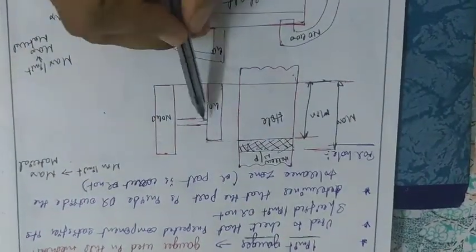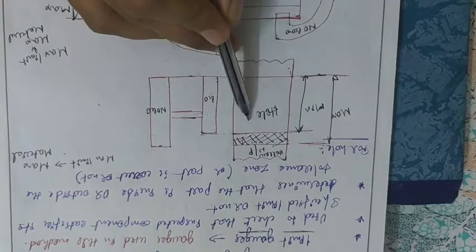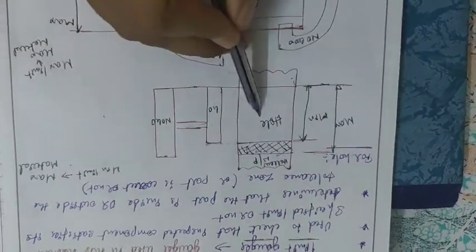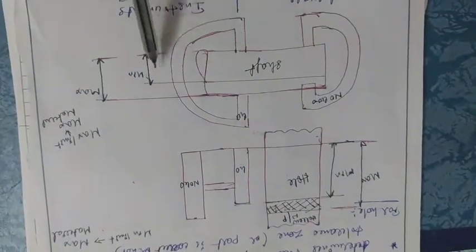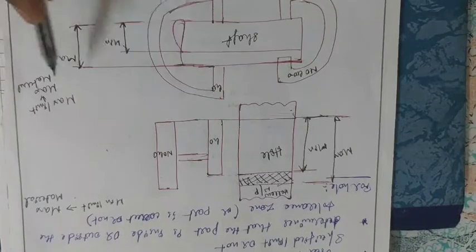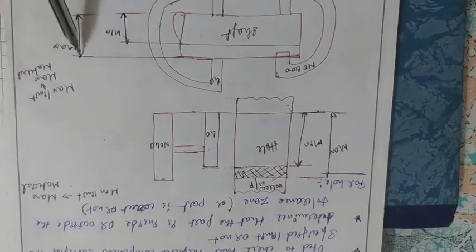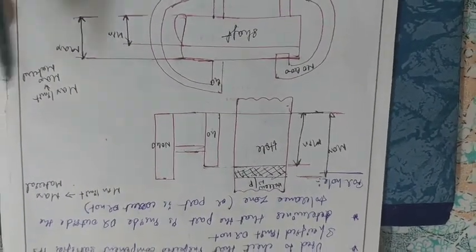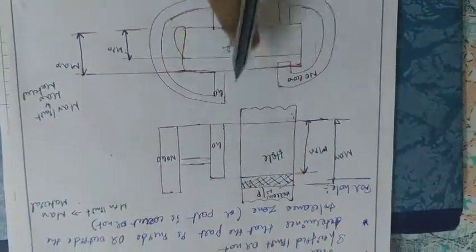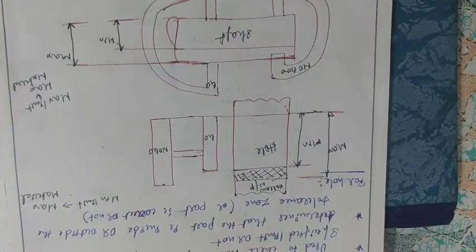The go gauge applied to the hole is called a plug gauge, and the same concept applied to the shaft we call a ring gauge. So here the maximum limit is the maximum material. Here the minimum limit is the maximum material. This is very important. These two will be the hole and the shaft.